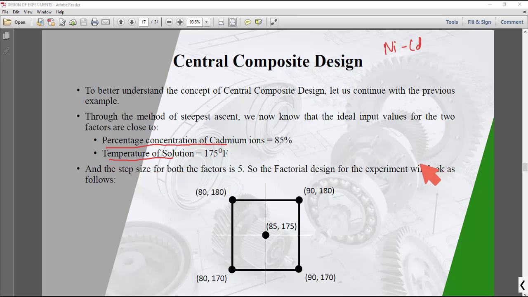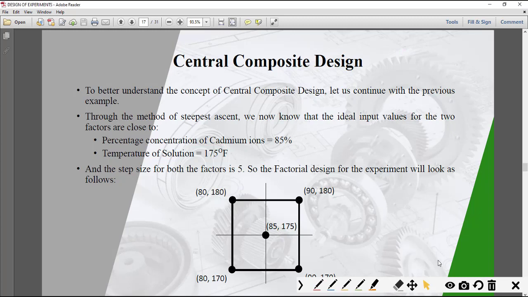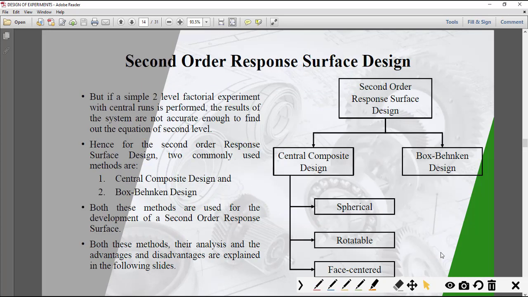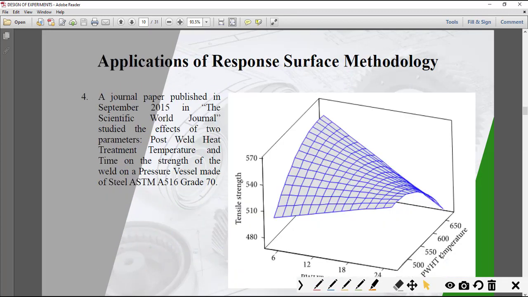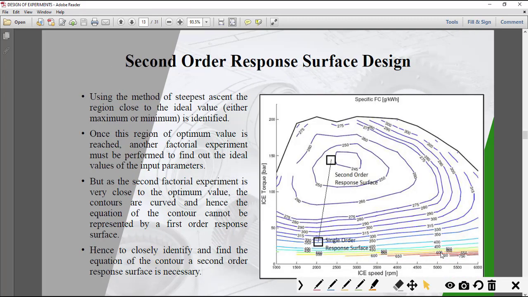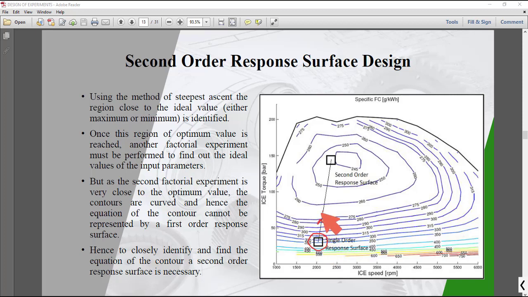So you did the first experiment. Okay, just a minute, I will show you over here. All this I have explained before in the previous lectures. Sorry, not these slides. I will explain those slides afterwards. So see, this is a different graph, but I will just explain over here. So you have done your nickel cadmium experiment over here. You found out the contour. You moved perpendicular to the contour. You performed experiments after certain step sizes. You reached over here. You went forward. You found out that this is the best efficiency.